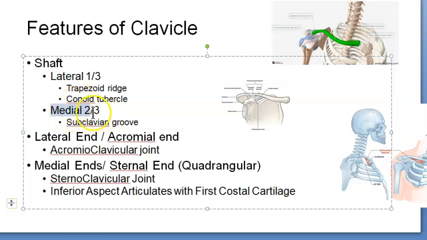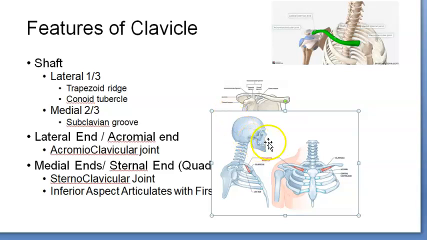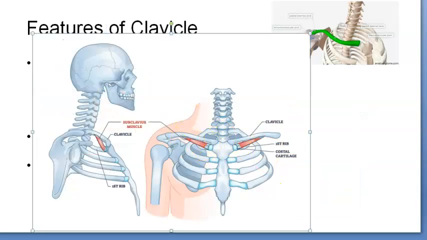And then in the medial 2/3 you have the subclavian groove in the inferior aspect. So let's look at that here. So this is medial 2/3, right? Inferior aspect, here you have the subclavian groove where the subclavian muscle is attached. Okay. Then